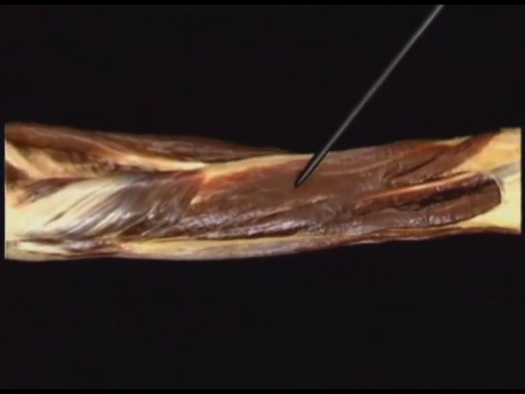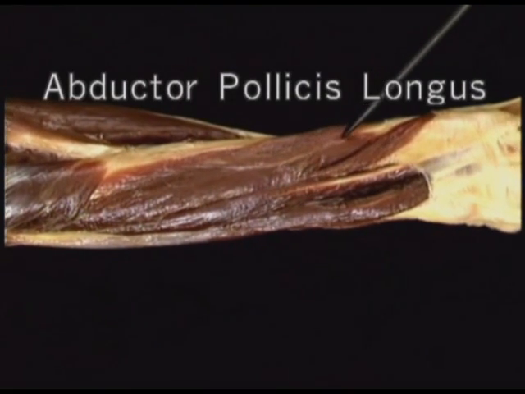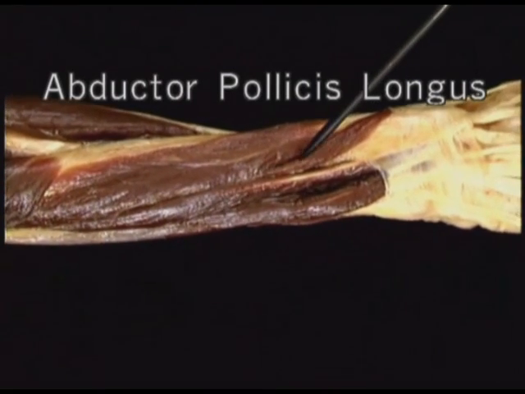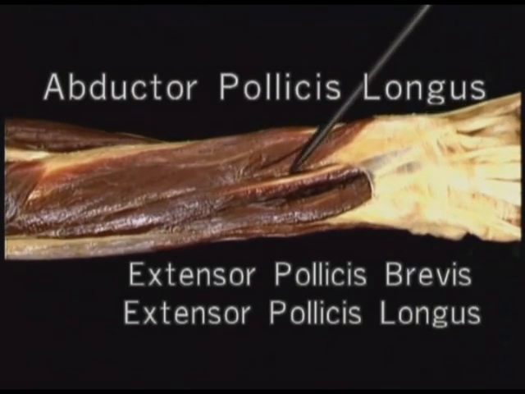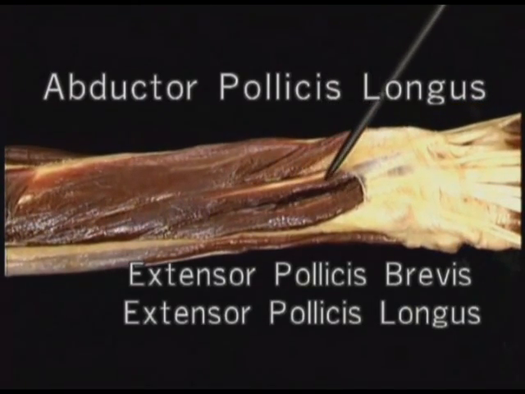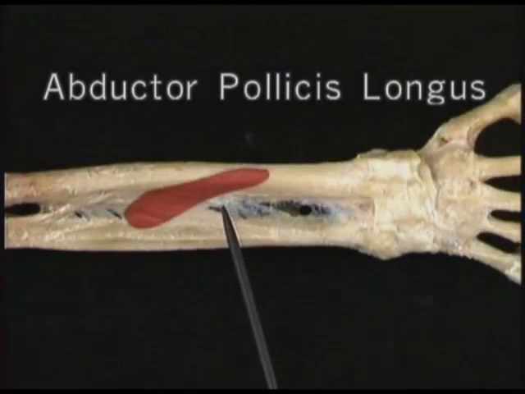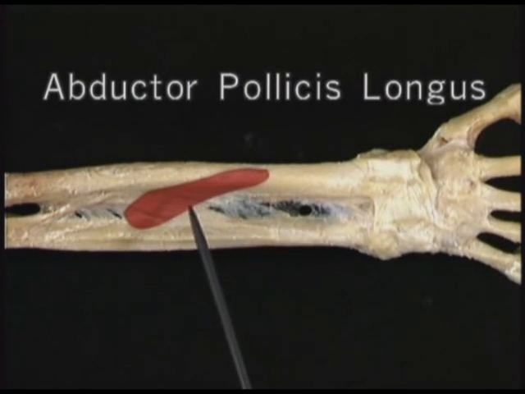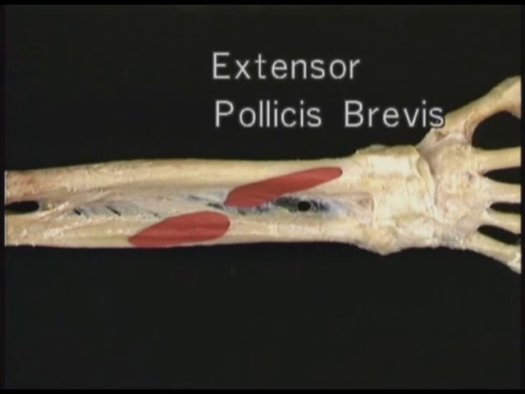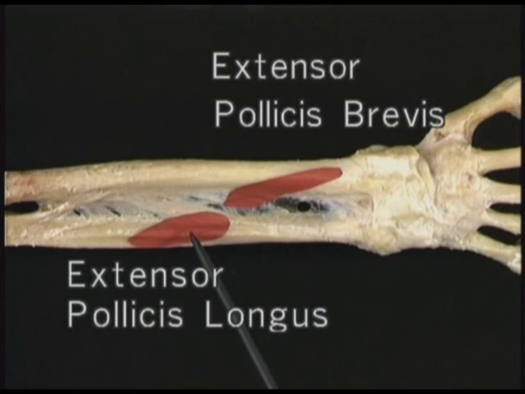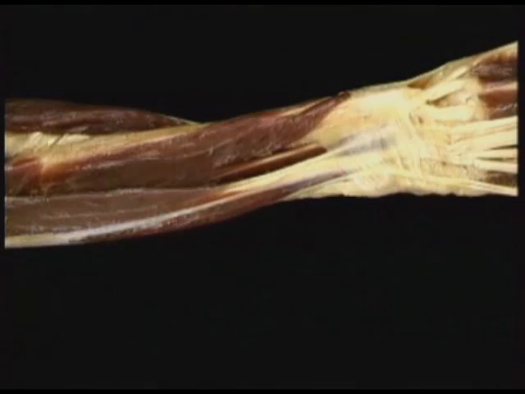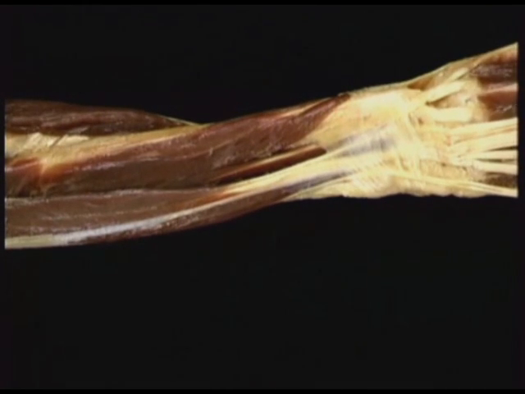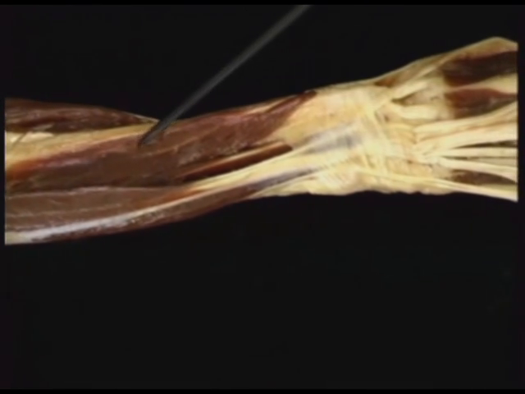This is the long abductor, abductor pollicis longus, and these are the extensors, extensor pollicis brevis and longus. The abductor arises from the radius here and also from the interosseous membrane. The two extensors arise a little more distally, the short one here, the long one here. Now we'll put extensor digitorum back in the picture. Here it is. The three thumb muscles emerge obliquely from